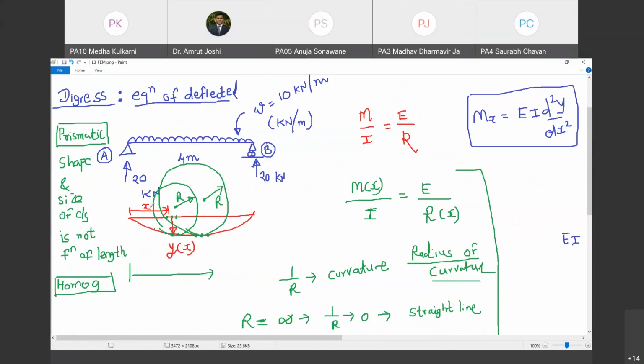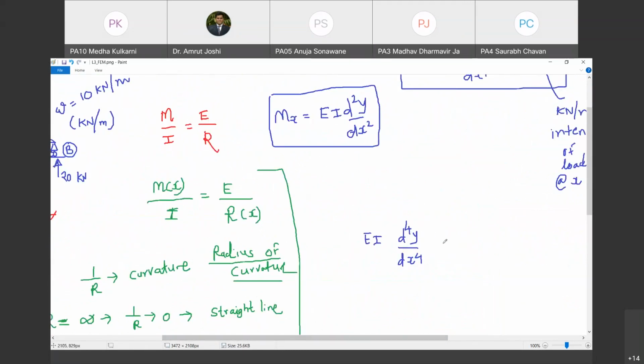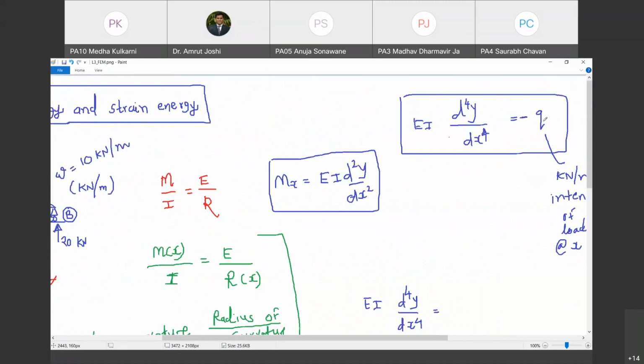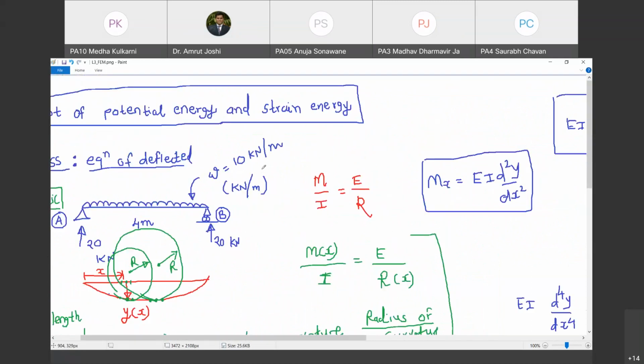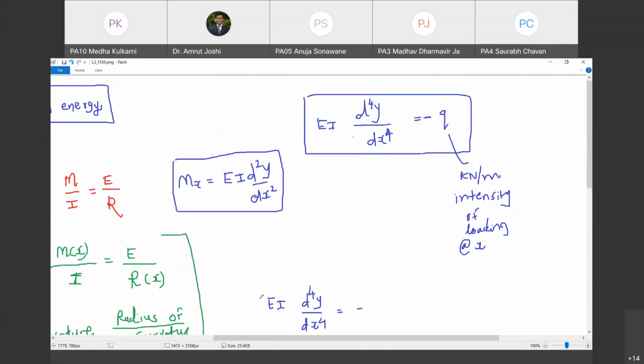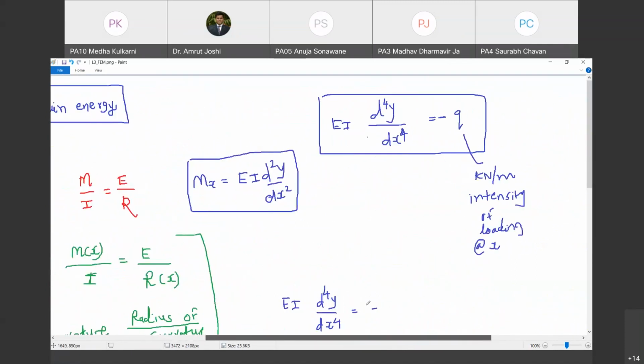So the fourth derivative of y with reference to x is given as EI d4y by dx4 is equal to minus q. So minus of, what is q in our case? 10. Do you agree with me? But if I were to choose the correct set of units, I want the forces to be in Newton and deflections to be in meter. So therefore, I will write it as 10,000. Are you with me? Yes, sir. This is 10,000 Newton per meter. I am choosing a defined system of units which I want. So minus 10,000.